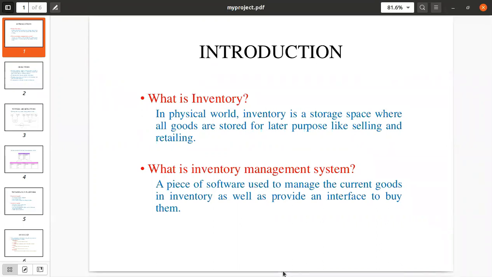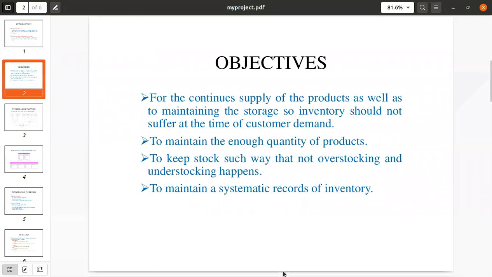Actually, we have developed a system where two options are available for the user. Either they can log in as admin or they can go with the user. The admin can manage the inventory or the goods available in storage, and the user has another choice, to buy. Its objectives are the continuous supply of products as well as maintaining the storage, so inventory should not suffer at the time of customer demand.